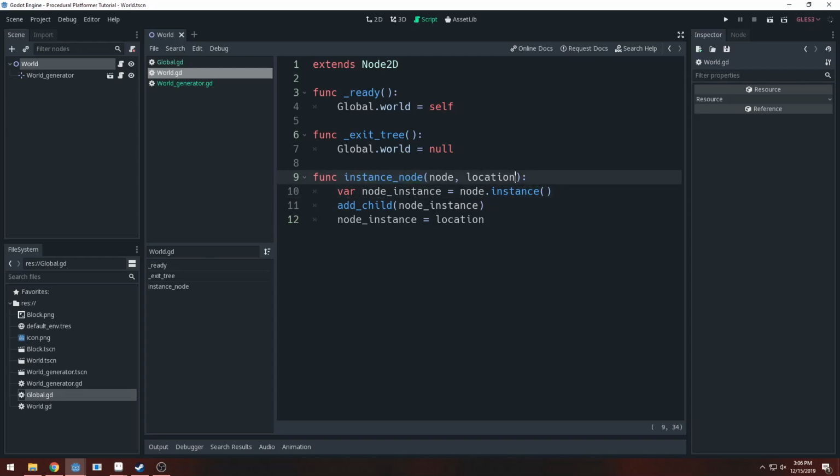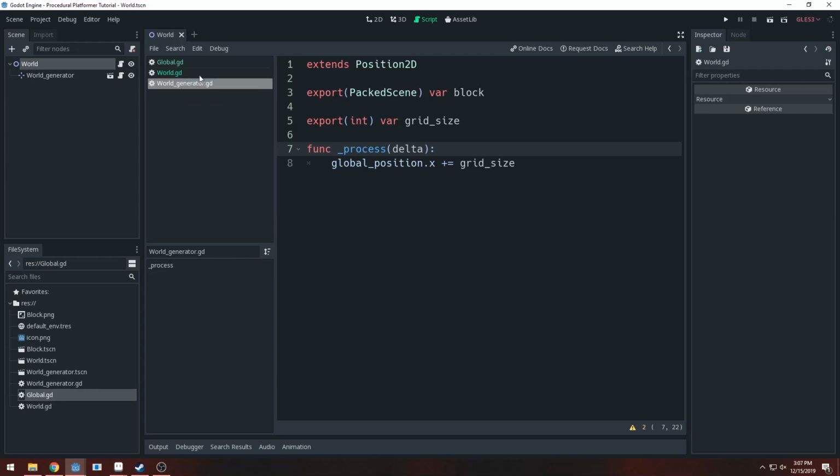And you could go so far as to tell it, you can do like parent or something, and then you just say parents.addChild instance. But I don't think we're going to go that in depth. I mean, you can, but I'm just going to leave it at the node and location. We're not going to add a parent. But if you wanted something more complex, you can do a parent system too. So I'm going to save it, and we're going to go to our